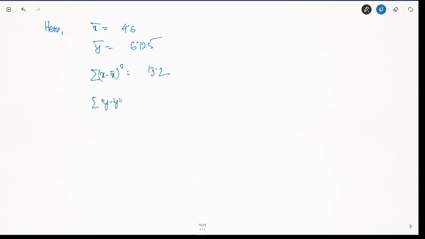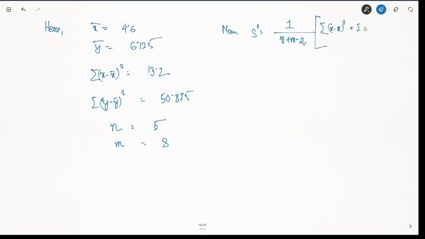Summation of (y minus y bar) whole square is equal to 50.875. The number of observations: for x it is 5, for y, m is 8, right? So now s square is equal to 1 by (n plus m minus 2) times [summation of (x minus x bar) whole square plus summation of (y minus y bar) whole square]. This is equal to 1 by (5 plus 8 minus 2)